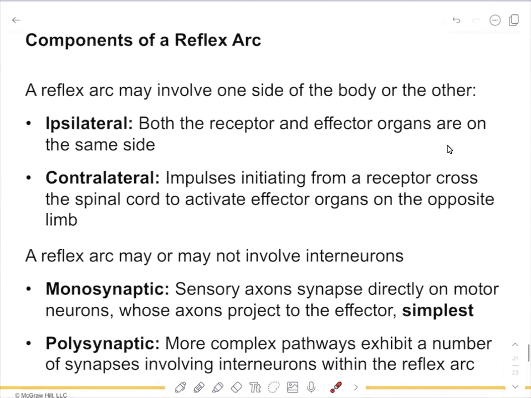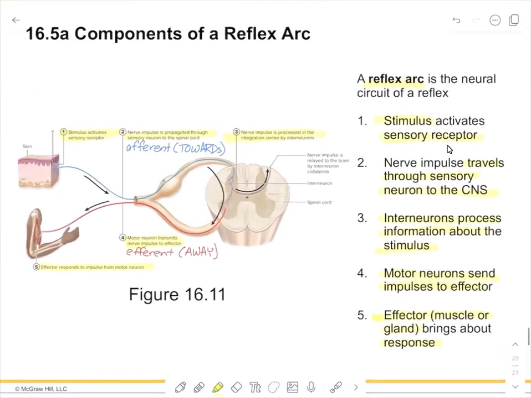So the components of a reflex arc could either involve just one side of the body or the other side of the body. If they involve only one side of the body, the term we use for that is ipsilateral, and that means that both the receptor and the effector are on the same side. So the example that we just saw, everything is located on the same side, so that would be an ipsilateral reflex. If, however, the effector was on the other side of the spinal cord, it would be called a contralateral